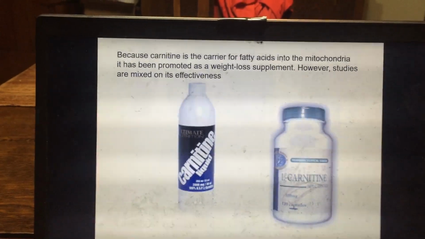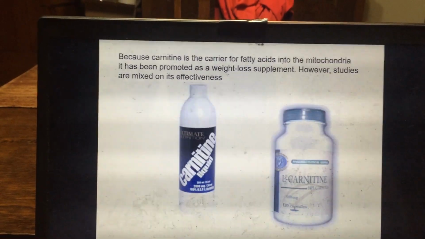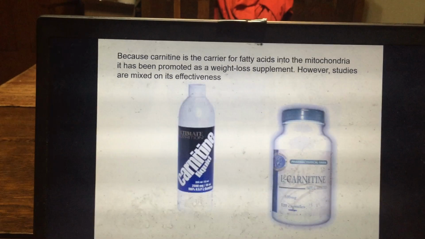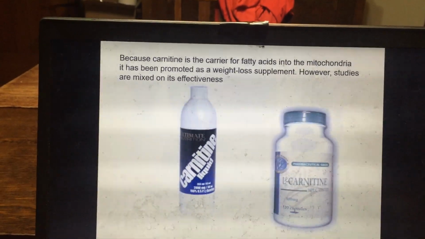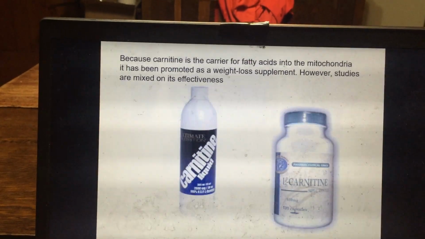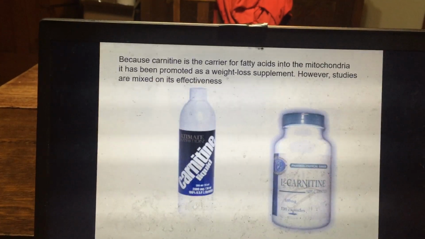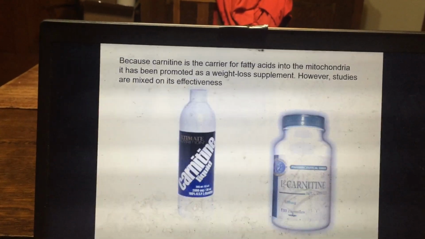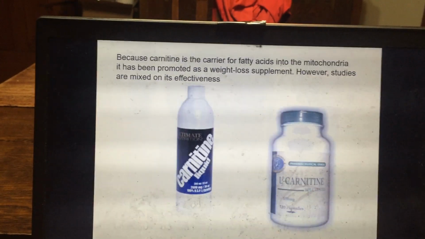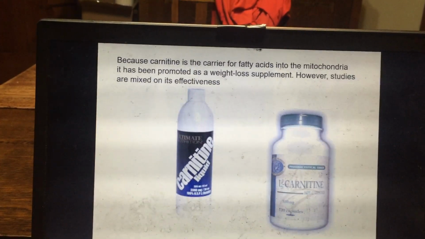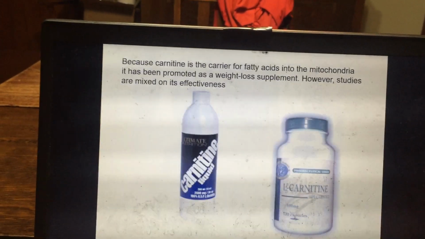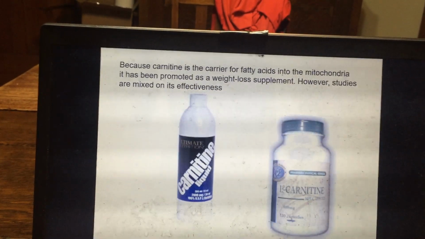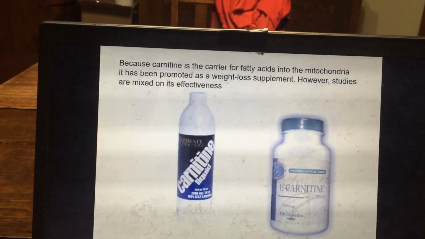Now, studies with carnitine supplementation are quite mixed. So there's some studies that show that it's effective in some people, and then some studies show that it's not effective for weight loss or for fat loss. So it might not be effective because if you're taking carnitine as a supplement, first it has to get past the muscle membrane, and then it has to get incorporated into the mitochondrial membrane,